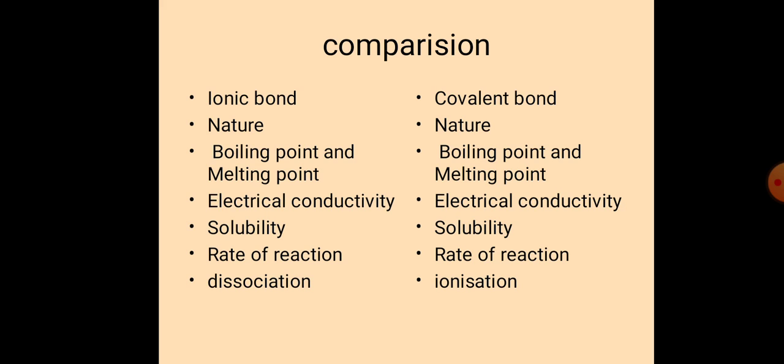Now, rate of a reaction. Which will be comparatively faster, ionic compounds. Why? They have free ions in solutions. That is why they are used as an electrolyte. Whereas covalent compounds show only a very slow speed of chemical reactions in aqueous solutions, because what is the reason? In covalent compounds, old bonds are broken and new bonds are formed, so the reaction is slow in the covalent compound.